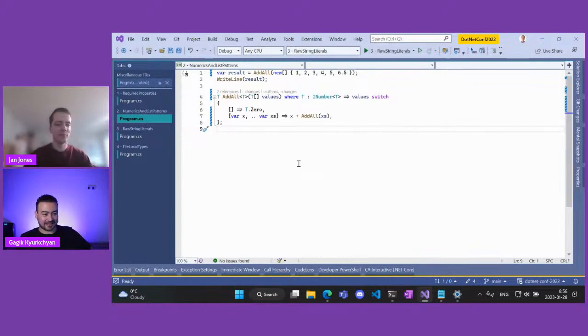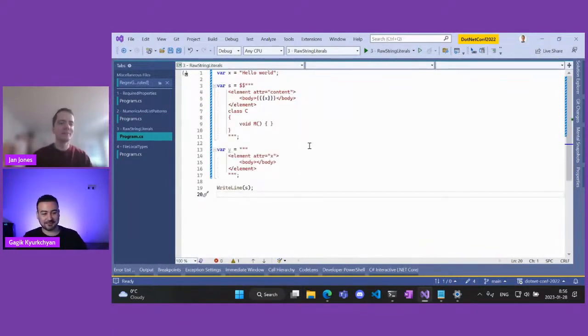Yeah, and about the new raw strings feature, it's pretty cool. I had to struggle with it, especially in ASP.NET, when you generate components and you have to generate HTML. Now it's going to be a much simpler task. You would have a really nice view of it without any kind of escapes and all of that. And the fact that you add an extra dollar, an extra quote to extend your buffer of escaping, is also a pretty damn good idea.